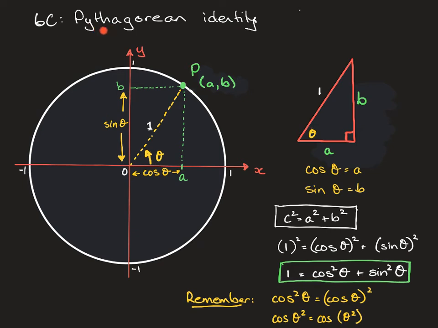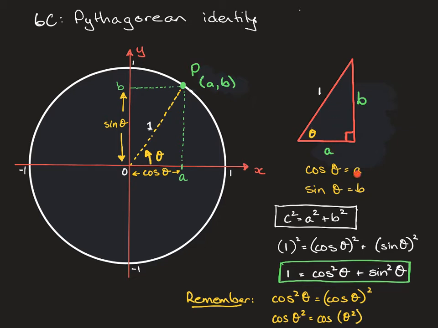So the Pythagorean identity obviously has to do with Pythagoras. And so we're going to have a look back at our first quadrant and the triangle that sits here that we pulled out to the side before. Now we did some Year 9 trigonometry for theta here, and we found that cos of theta was a over